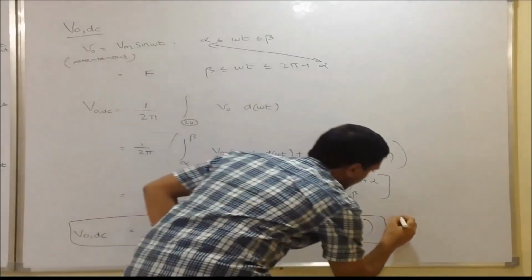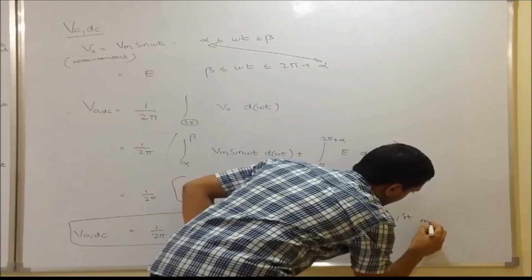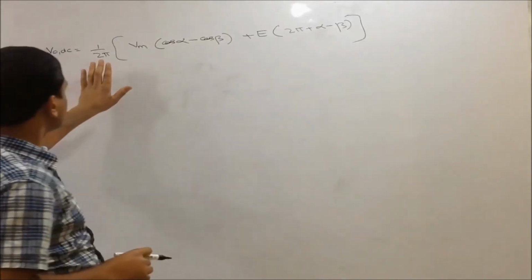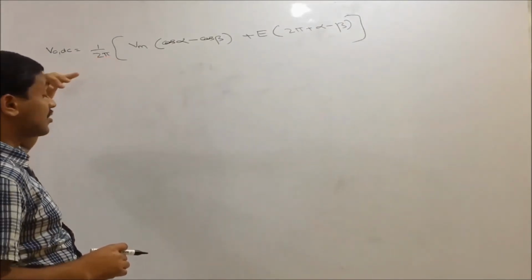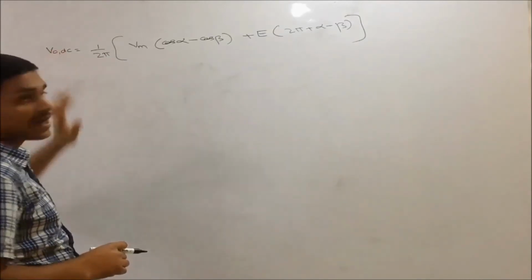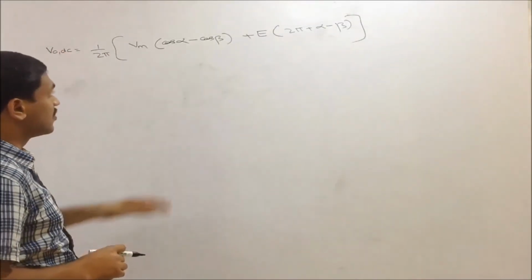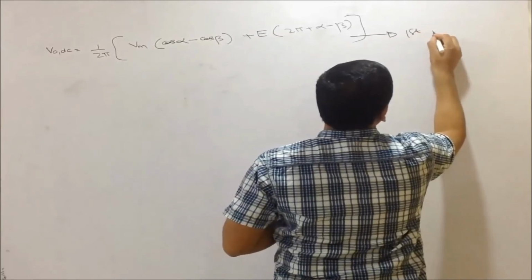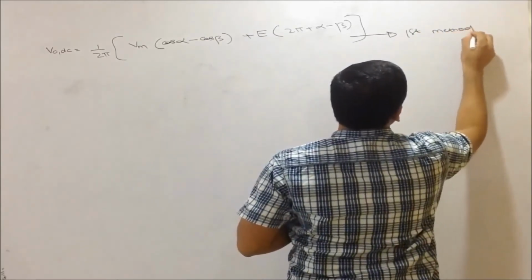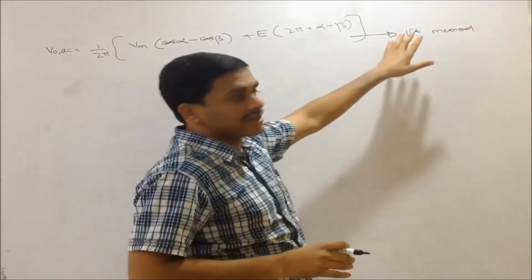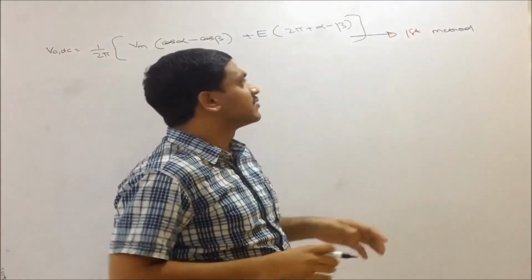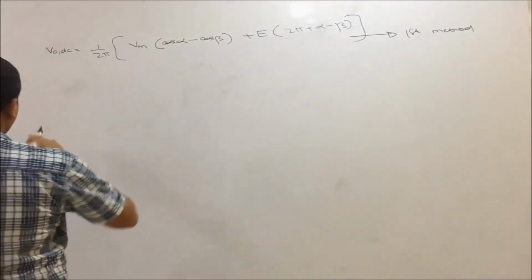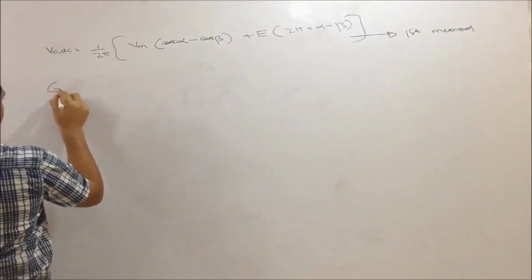Now we calculate through the second method, that is the easiest method. Now we are discussing the RLE load. In that we have derived the V0 DC value, that is the average DC output voltage, through the direct integration method. We write the equations and then we integrate over the one cycle period. So that is the direct integration method. Now we will see the second method, that is the generalized expression method.